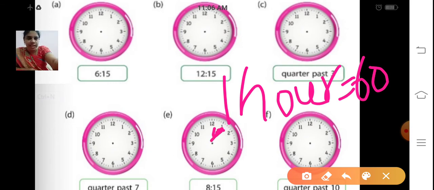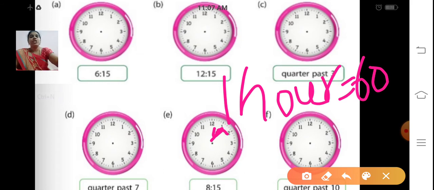Now just now the clock is at 1. The smaller hand is at 1 and the bigger hand starts from 12, goes 5 minutes, 10 minutes, and crosses 12 again. Then the shorter hand goes to 2. The minute hand goes faster than the hour hand. It goes 1, 2, 3 up to 12. When it touches 12, the hour hand goes to the next hour. When the minute hand completes one full circle, the hour hand reaches the next marking.